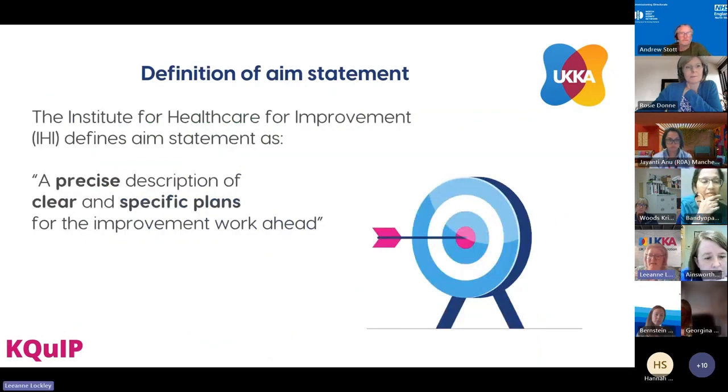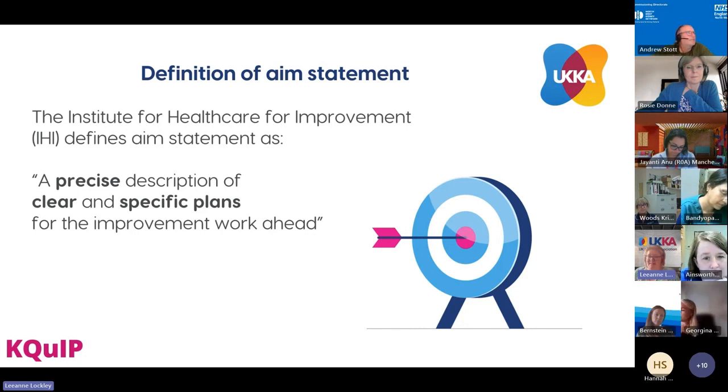So we've put this step after understanding the problem, because now that you know where the project's going to go, that's when you want to develop your aim statement. So it's a written documentation of what you want to achieve, and it sets out a clear time frame for achieving it. You have to do it in collaboration with your team. So like I say, today we're just going to draft this up.